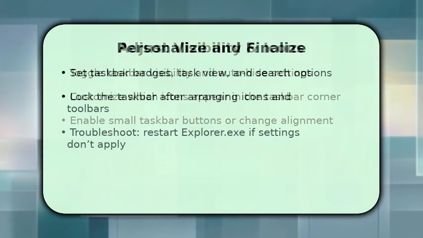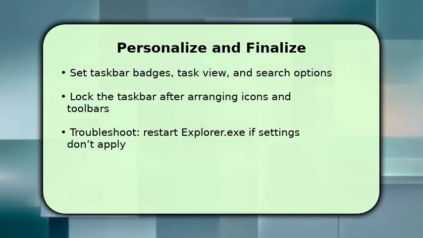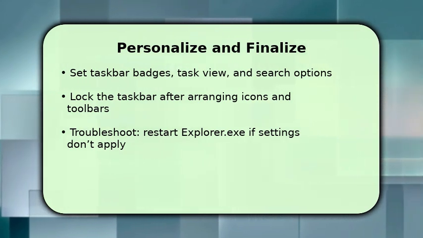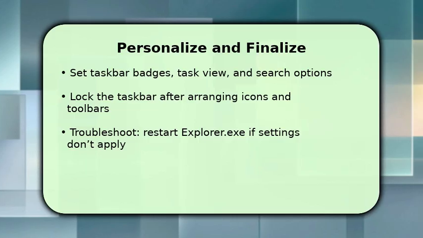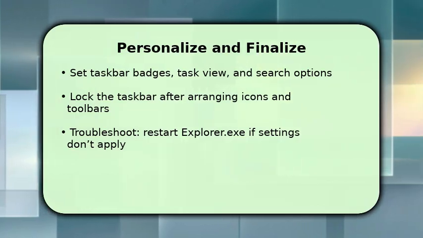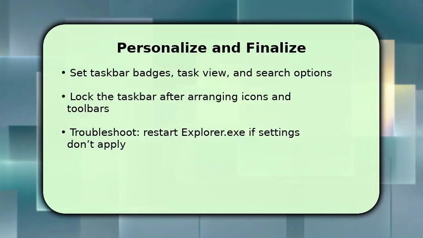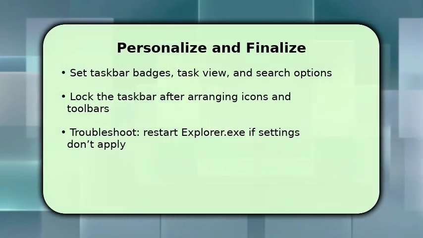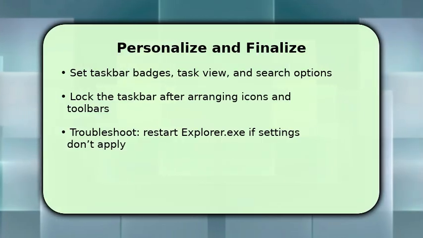Finish by personalizing finer options so the taskbar matches how you work. Enable or disable show badges on taskbar buttons, turn task view on or off, and choose whether the search box is visible. Arrange icons and pin apps, then right-click and lock the taskbar to prevent accidental moves. If settings don't apply, try ending and restarting Explorer.EXE in Task Manager. That reloads the shell and usually resolves persistence issues without